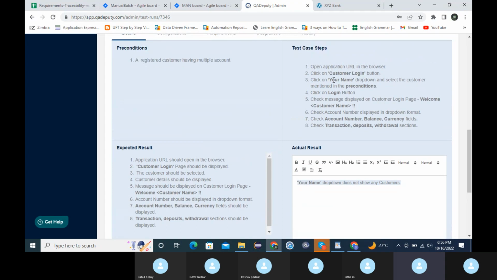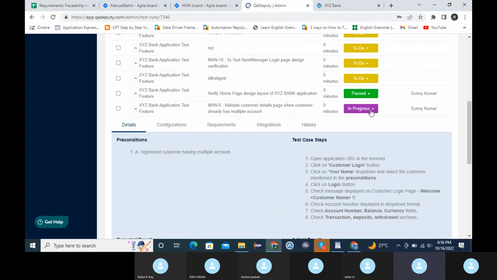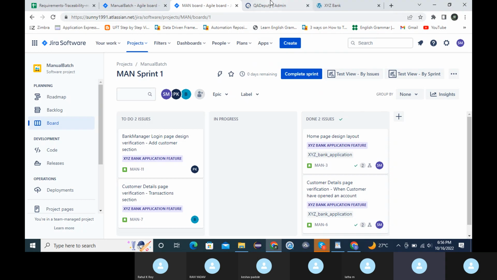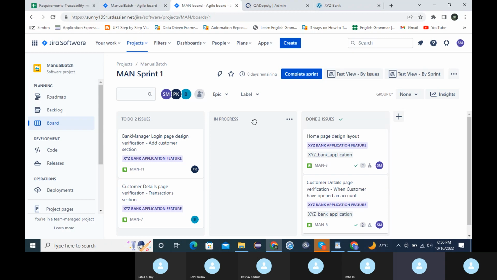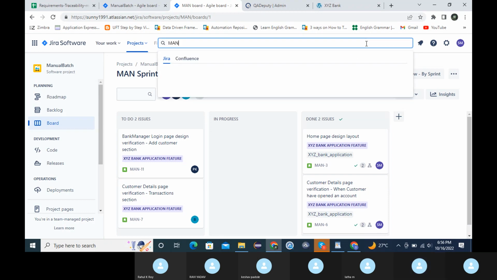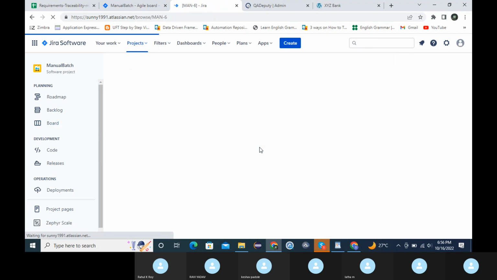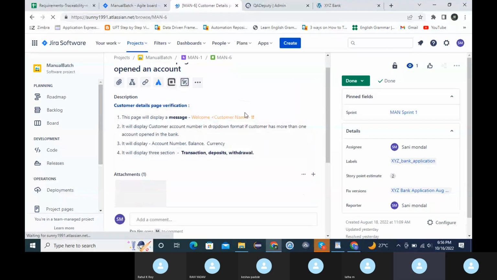Okay, so at step number 3, this test case is failing. So we will fail the test case. After failing, we will go to the Jira. What is the ticket number? The ticket number is man 6. So here we will look for the man 6, search here. So for this user story